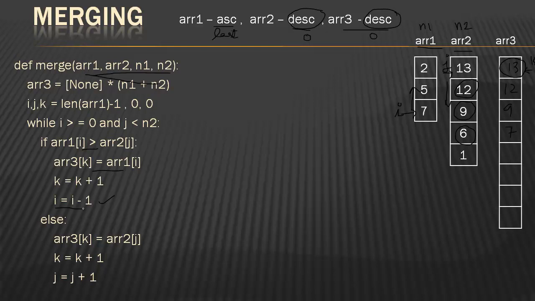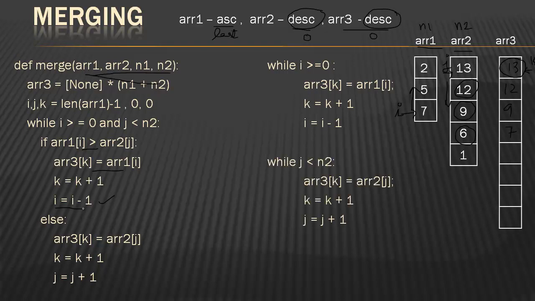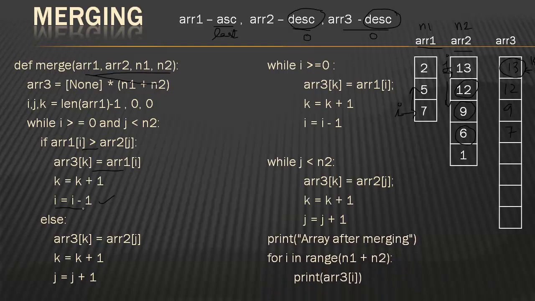Okay. Now this comparison is done as long as there are elements in the array. I told you there could be a possibility that one of your arrays is over. Then in that scenario, what do you do? You still check: is I greater than or equal to 0? What would it mean? That ARR2 is over, but ARR1 still has some elements. You transfer those elements and decrement I. What would this mean? That ARR1 is over, but ARR2 still has some elements. You transfer the elements, but J is always getting incremented. And finally, you display the contents of the array.